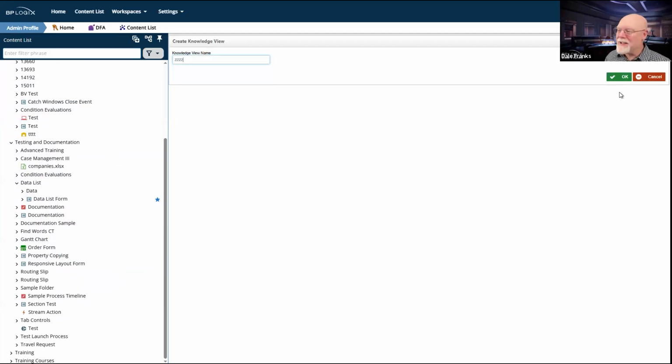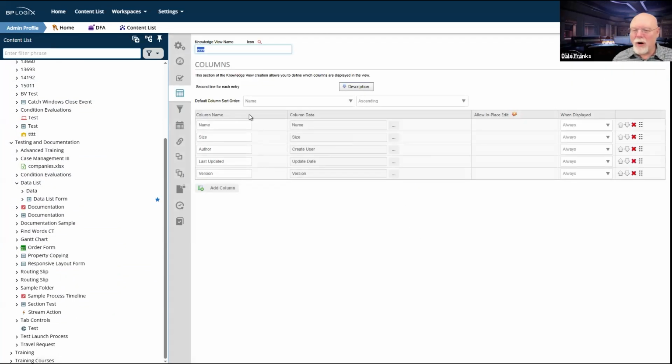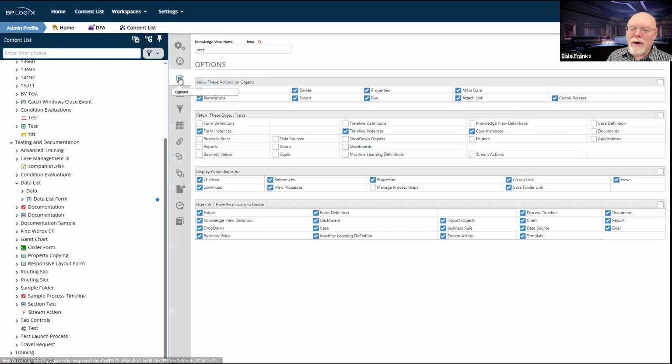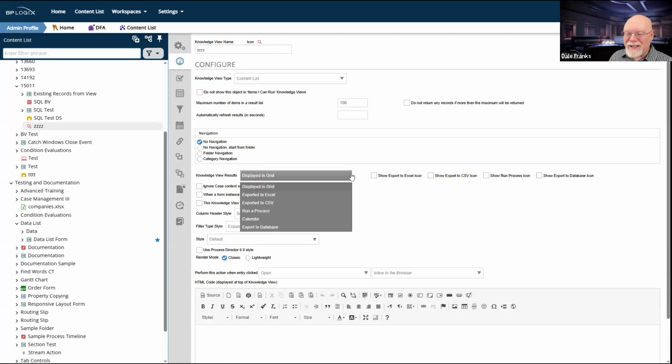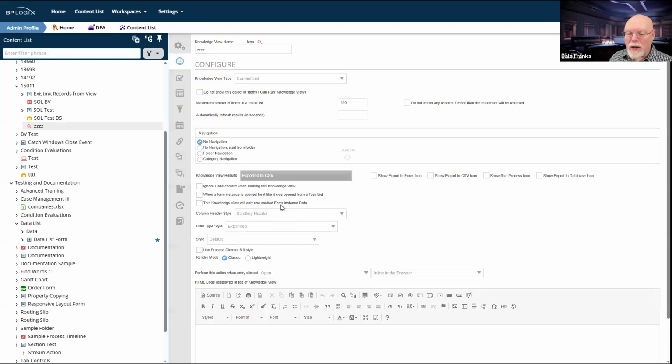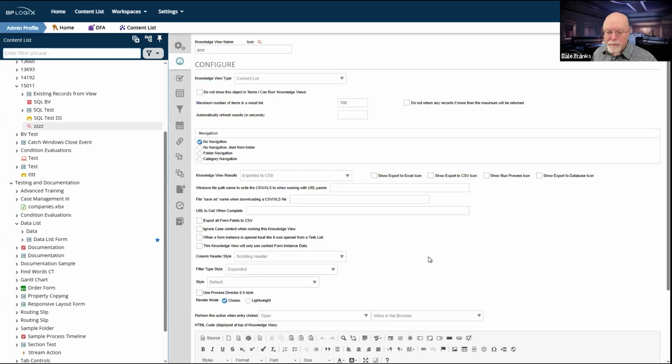We'll just call it and we'll open it up. So if you go over here to the configure tab and you change displayed to grid to exported to CSV, and you filled out all of your CSV stuff here, and then you went to update and run.